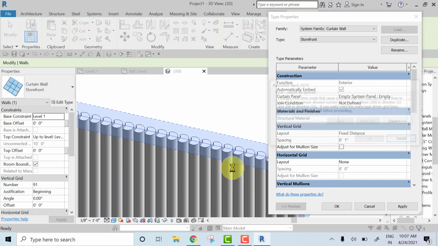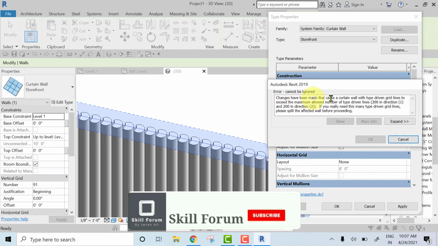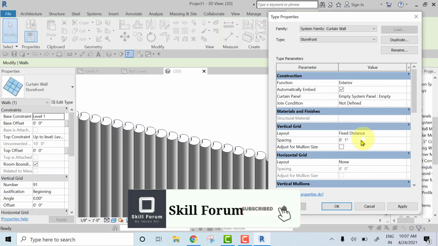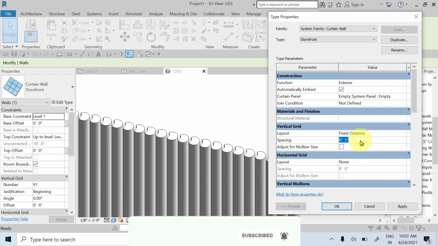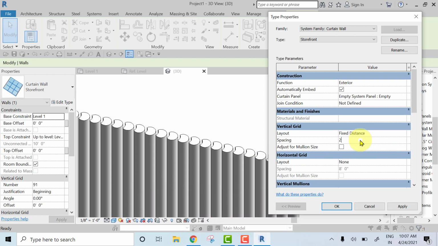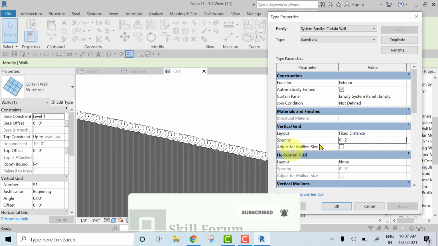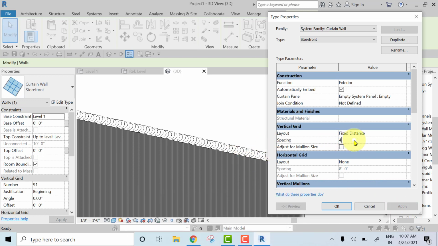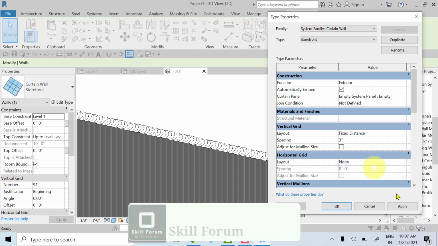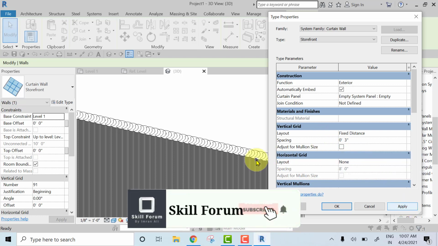So if you apply, see here, okay, so here we have 2 inches and just give apply. Yeah, it is intersecting, so I will just give 3 inches, okay.